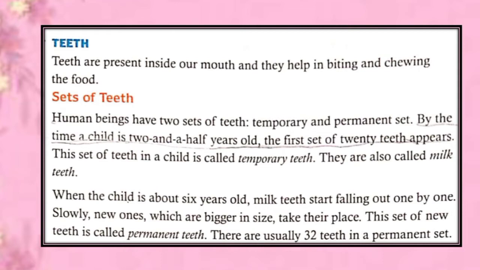We have all gone through the phase during our childhood where we would lose a tooth and a new one would already be ready below it. As a human, we have two sets of teeth that erupt during our lifetime, and this first set is called milk teeth, primary teeth or baby teeth, and they start erupting at the age of 2.5 years.